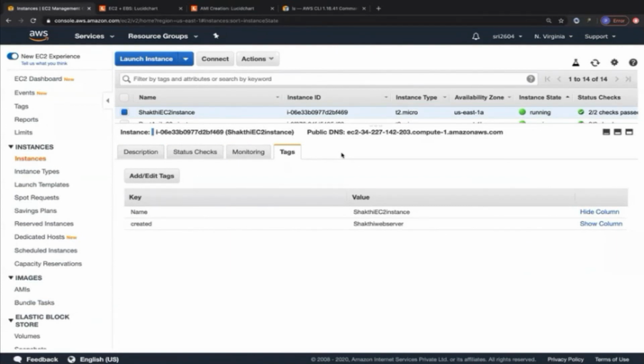So I would like you guys to go ahead and launch as many EC2 instances as possible within the next week and get familiar with launching EC2 instances. Probably do it for different flavors of operating system, for Ubuntu or something like that. If suppose this account is